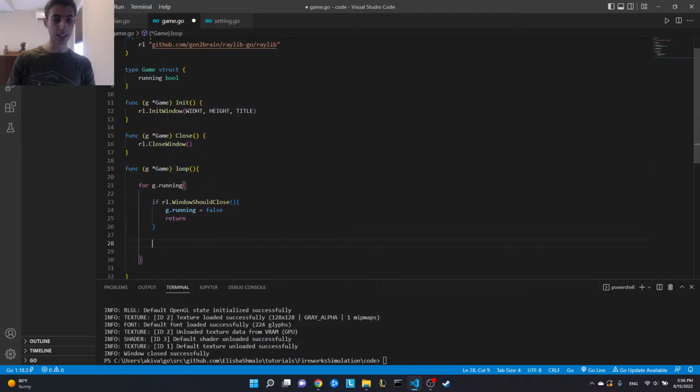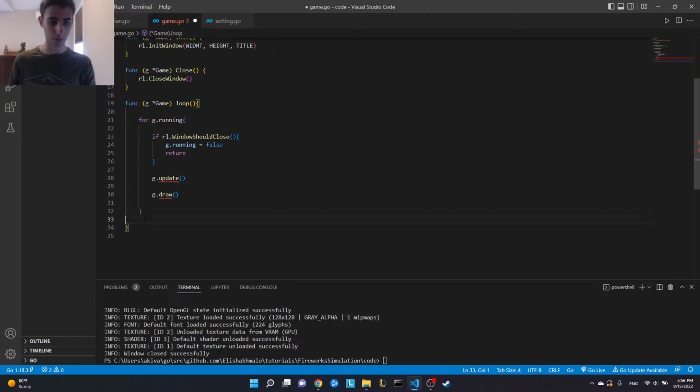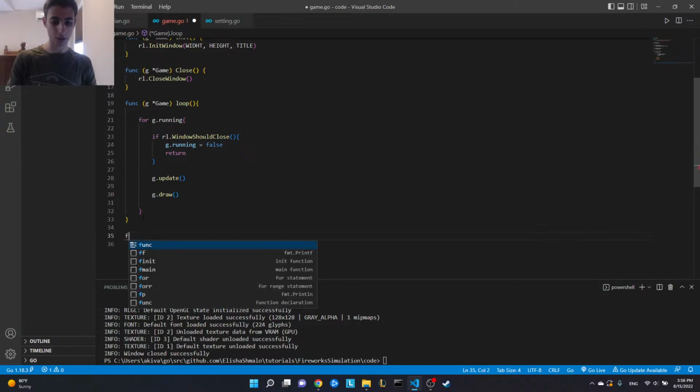Otherwise, if the user has not yet quit, we should do g.Update. The game should update, which will be a function that we'll code, and we'll do g.Draw, which will also be a function that we'll code. Okay. So now let's make the update function, func